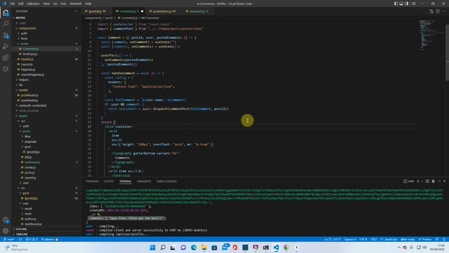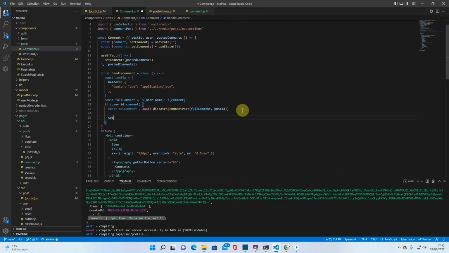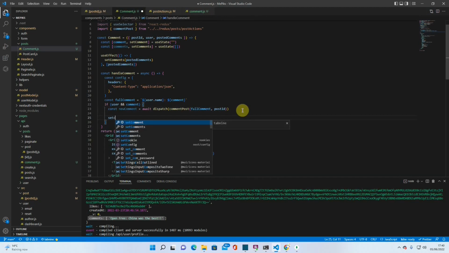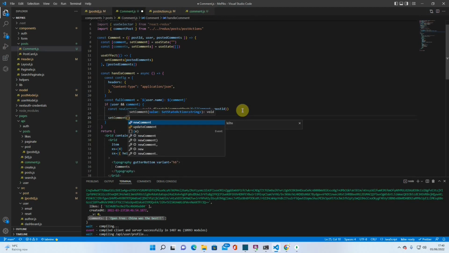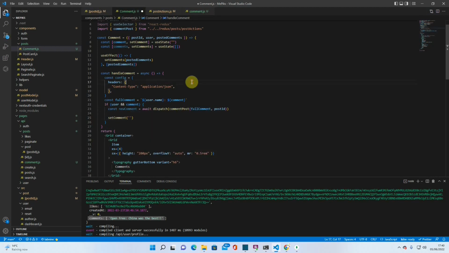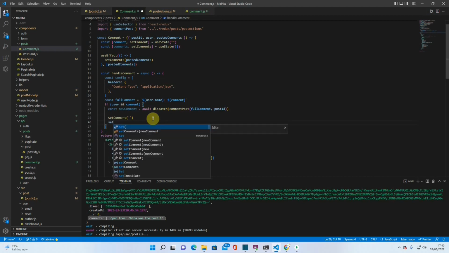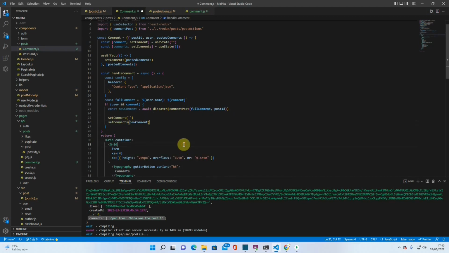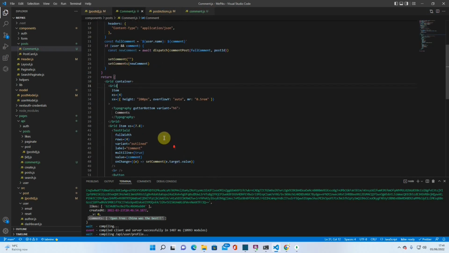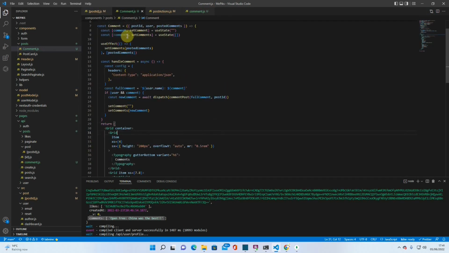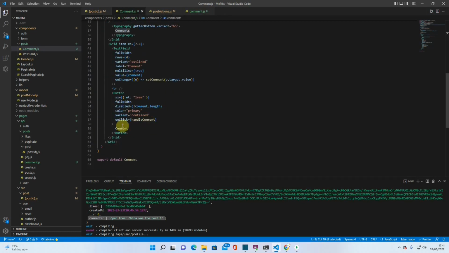Okay, and then once we do that we can set the comment to an empty string because we've already used it, and then we can set the comments to the new comment, and then the comments will have the new comment in it, so we can map over the comments and then display the comment